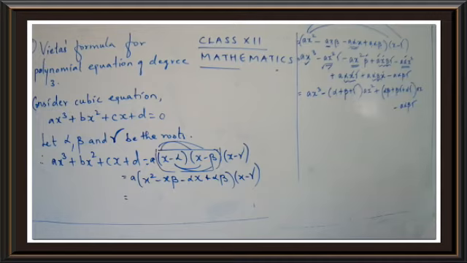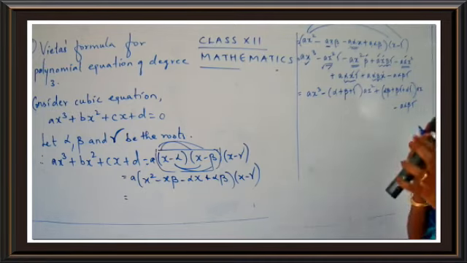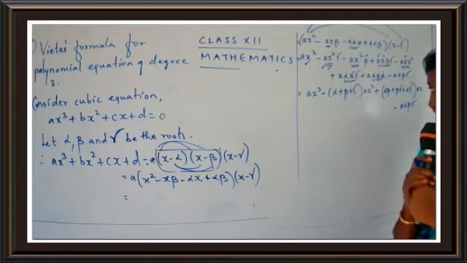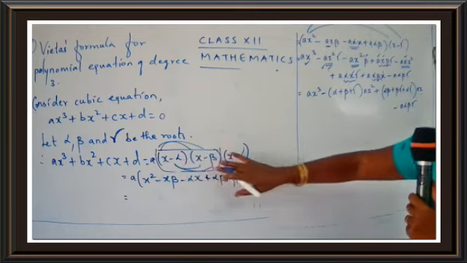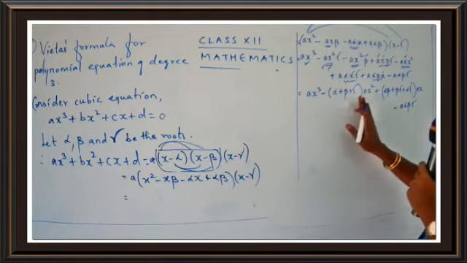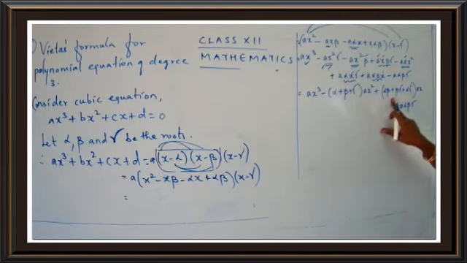This is just a simple thing. This is a multiplication that you people know. But here the only difference is we have been dealing with many terms. So it's just a little congested. So try to do it slowly, children. So we have just expanded the right hand side. So what I get when I multiply this? I get a x cube minus alpha plus beta plus gamma a x square plus alpha beta plus beta gamma plus alpha gamma the whole a x minus a alpha beta gamma.